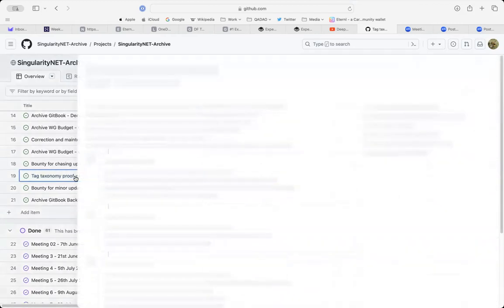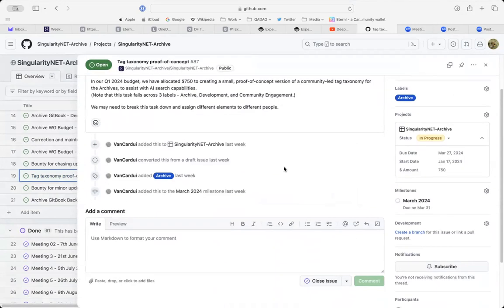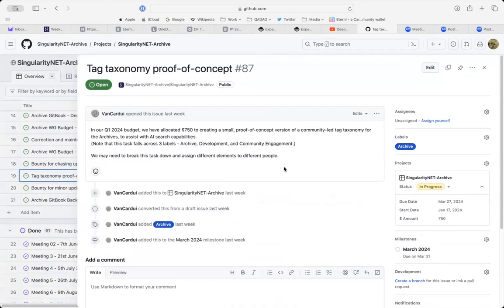Okay, taxonomy proof of concepts. And this again is something that's crossed over from the budget, Vanessa. Yeah, it is. It's basically us trying to do a really scaled back version of building a community-led tag taxonomy.